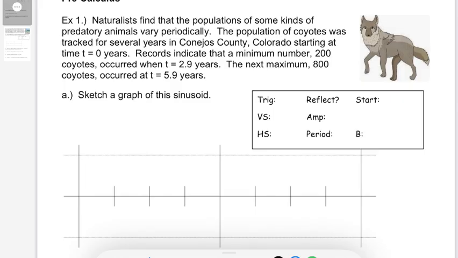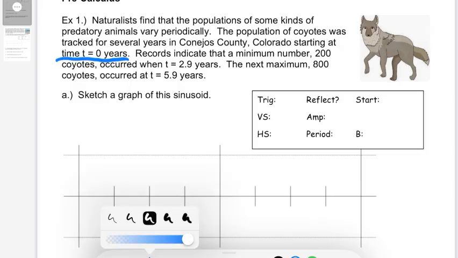So remember, what we want to find in our graphs is a critical point, a high, a middle, or a low that's convenient to use as our starting point. That may not be when the situation started, but it's a spot where we can start the graph so we can write its equation. So as we go through this problem, we started tracking the population at time t equals